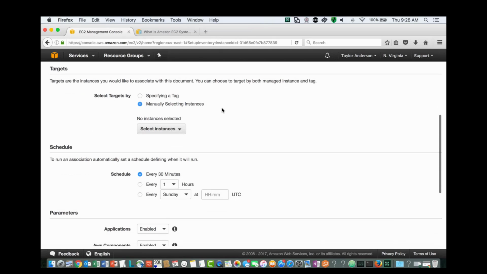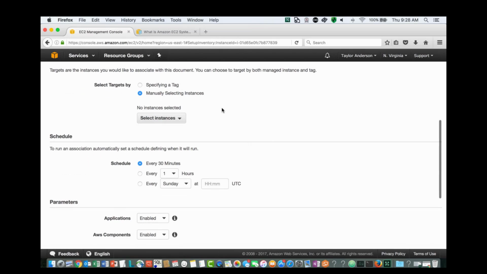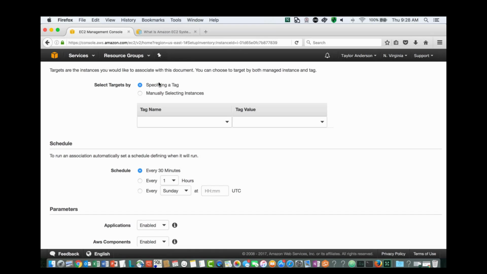Okay, so I'm in setup inventory here, and my first selection here is to select the targets. Targets are the instances that I would like to gather inventory from, and I can either specify those instances via a tag or individually using instance IDs. We recommend you use tags to do this for a couple reasons. One is that